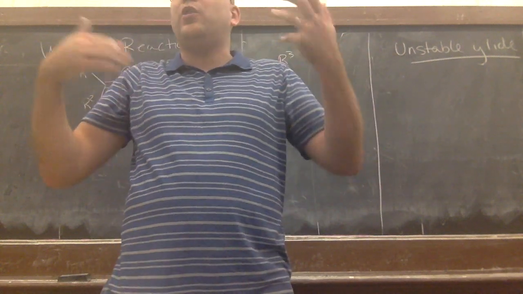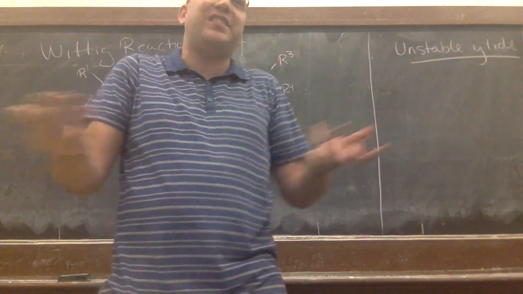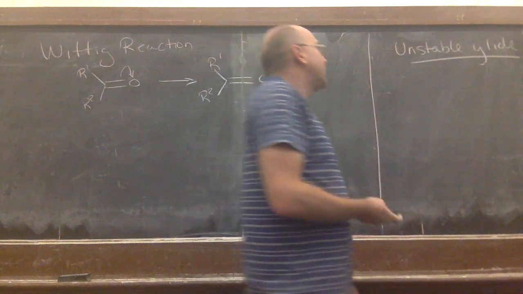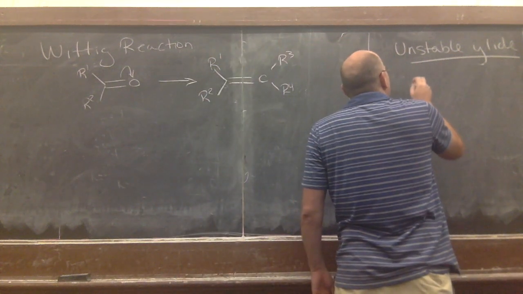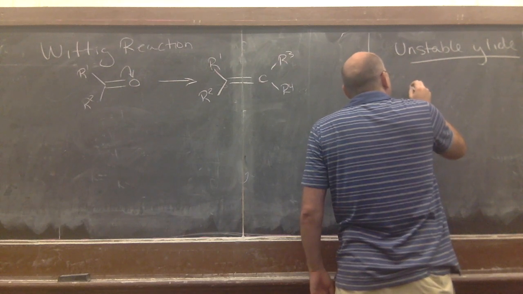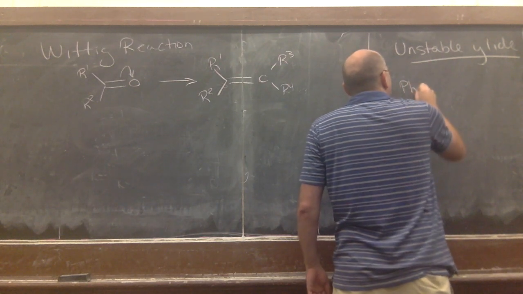Well, how do we know and rank the stability of these? I'll try to help explain this to you guys. In general, when we're talking about an unstable ylide, we're talking about the